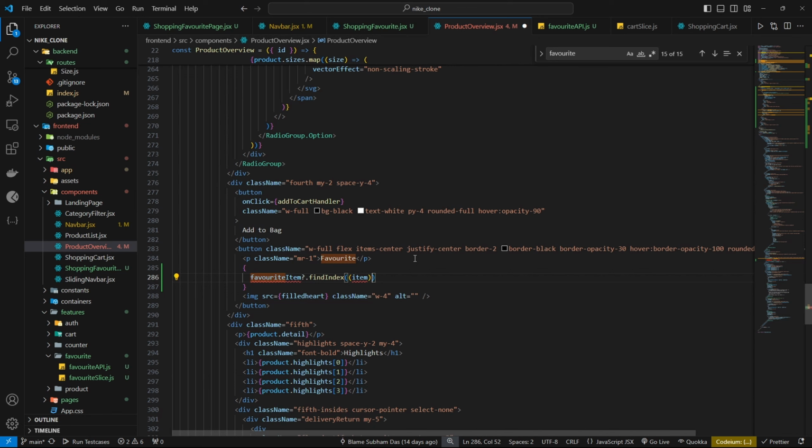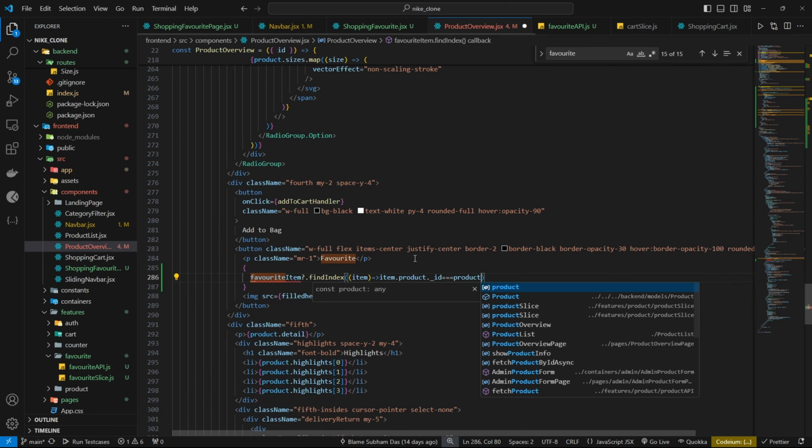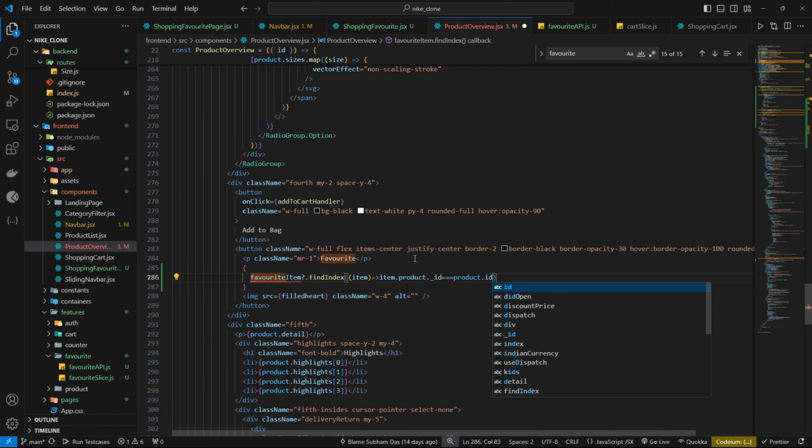If the item dot product dot id underscore id, actually if it is equal to the product dot id, then we are going to show,